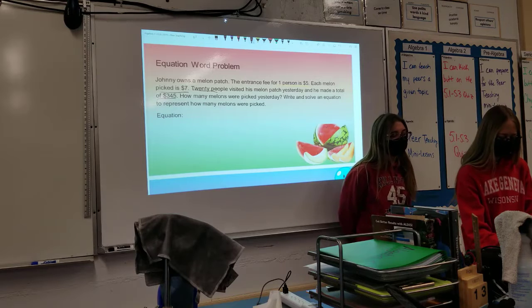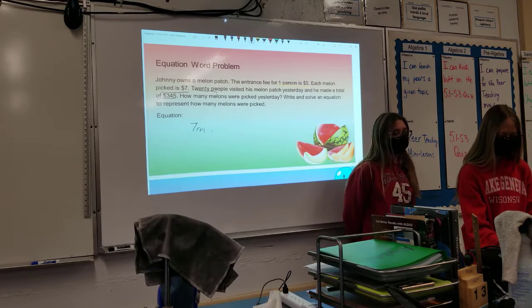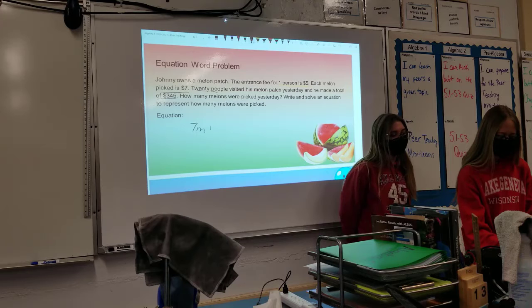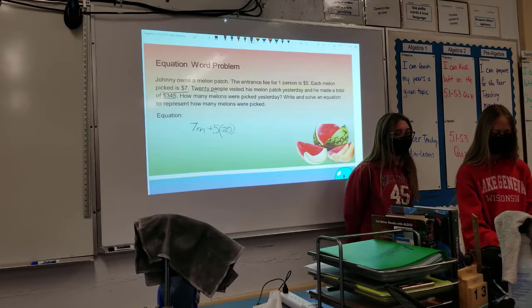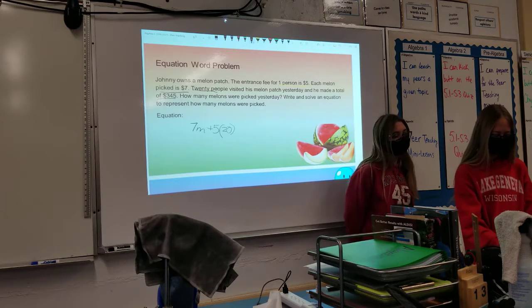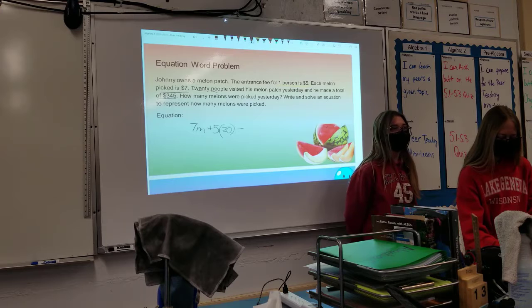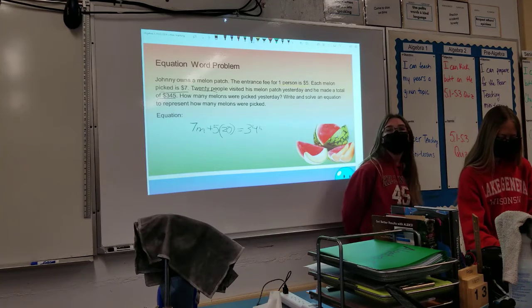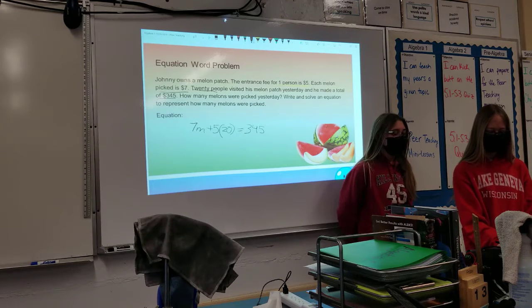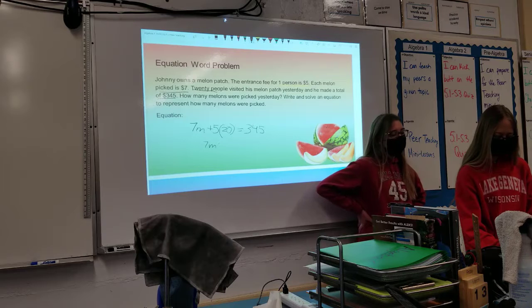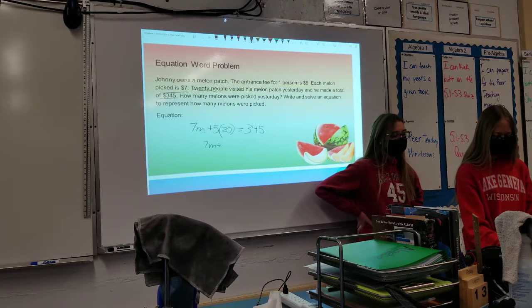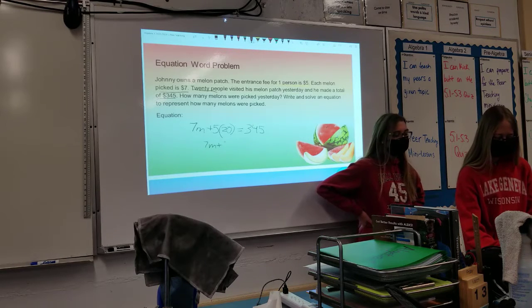You do 7m because it's $7 per melon, plus 5 for the entrance fee, and you multiply that by the 20 in parentheses because 20 people visited and it's $5 each, and then 345 for the total that he made. So that would be your equation, and it says write and solve one. So that's written, and to solve it, you would say 7m plus 5 times 20, and 5 times 20 is 100,